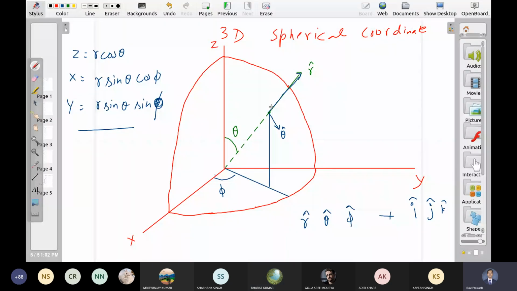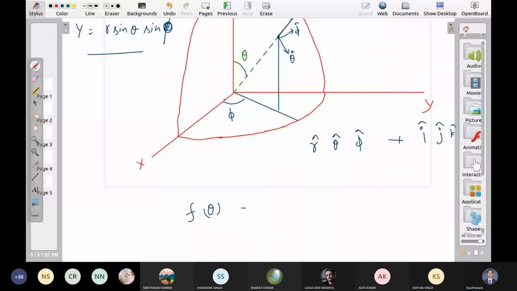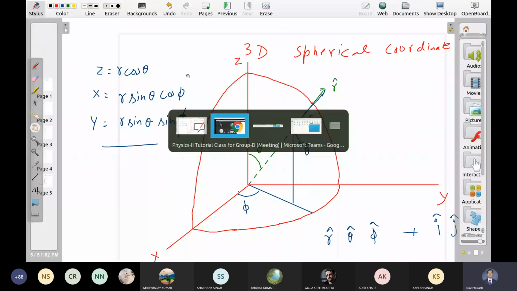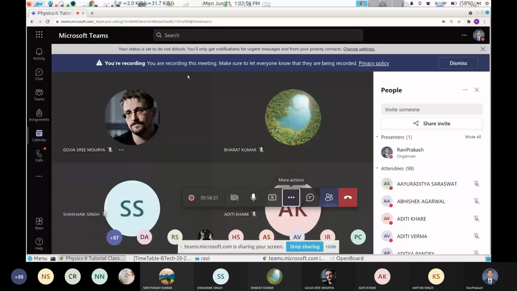All right. Okay. So let me end this class. Life is quite tough here. Second is choose any function of theta and calculate the gradient. Relations आपको मालूम है. You can find the theta cap vector very easily in terms of I cap, j cap, k cap. Similarly for phi and r. So please do it, and we will discuss the remaining things in the next class.